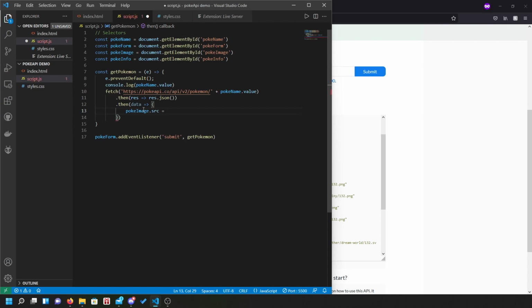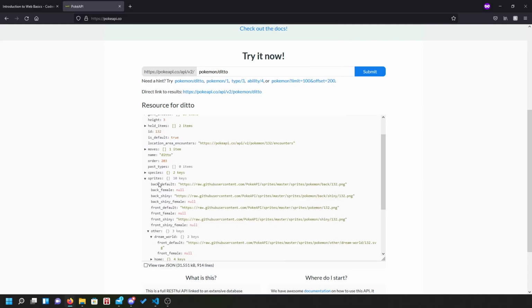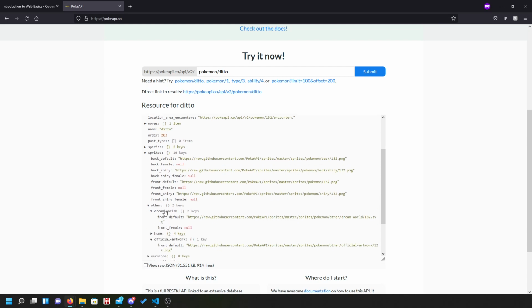In our case, it's in data, it's in sprites, it is then in other. Well, let me just double check here. Yep, other. Oh, sorry, official artwork, and then this front default, which this hyphen here makes it a little bit